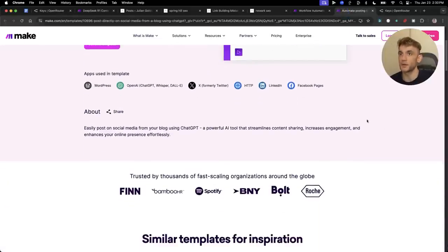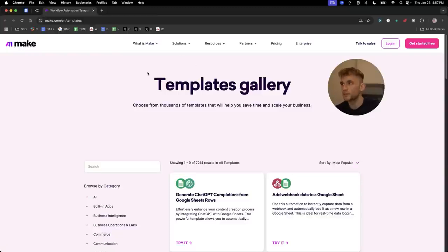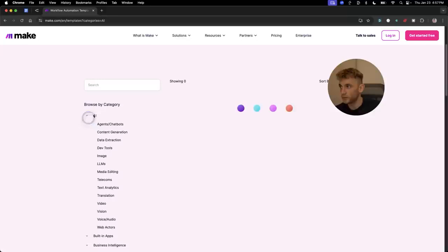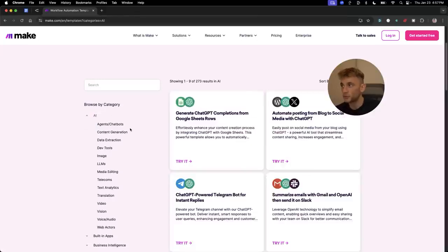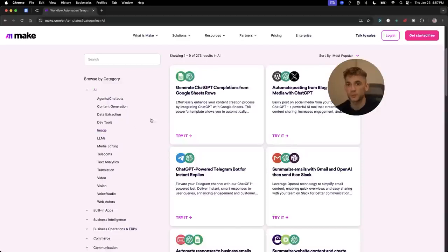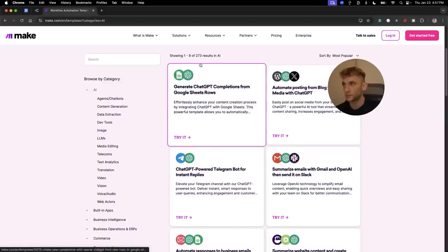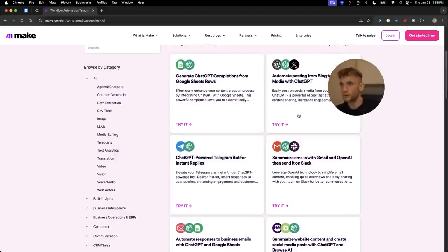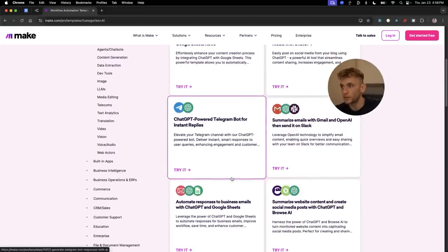It's absolutely amazing. So what you can also do here is if you go to the templates gallery inside make.com, what you're going to find is if you select the AI section here, there's all sorts of crazy stuff you can build and automate using DeepSeek. And all you do is replace, for example, ChatGPT directly with OpenRouter. So for example, if we're having a look at this, we're like, right, okay, what we're going to connect to,